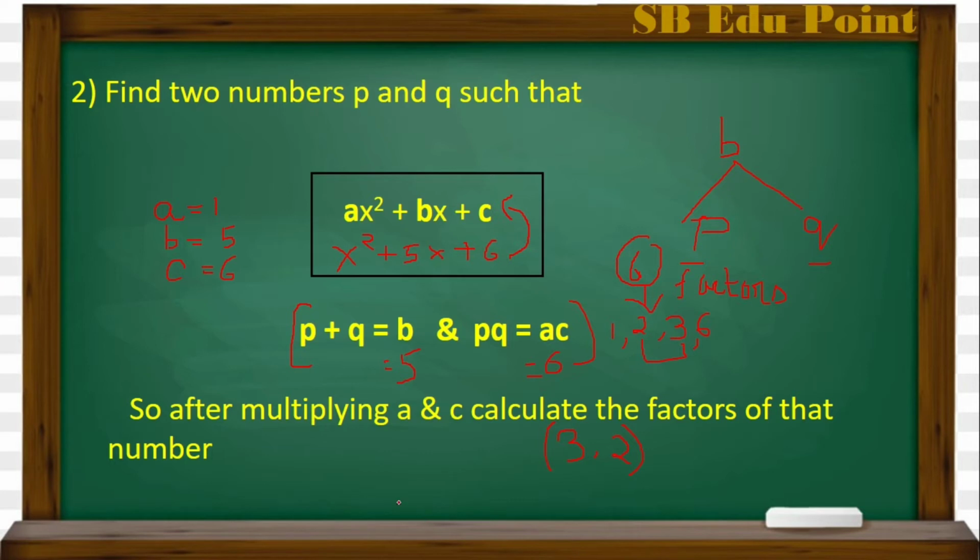So my equation will be x square plus 3x plus 2x plus 6. What we have done is split the middle term into two numbers. That's why we calculated these two numbers, to split the middle term. I hope this is clear to everyone, and if not, then don't worry. I'll explain these things again in the question.